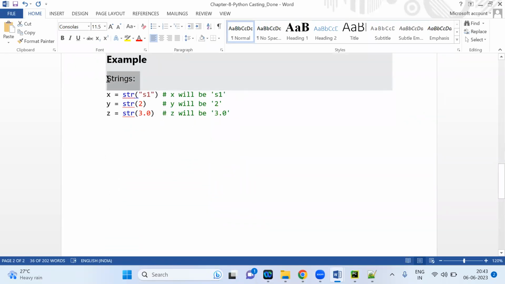Now, if you want to convert to a string, this is already in a string format, but they have just shown you how to convert a string into a string only. Okay, this integer value, if you want to convert it to a string, then you have to use str, open bracket, close bracket, and whatever value you want to convert into a string, it will be converted. Now you see here 2 is in a single quote. This 3 also will be in a single quote when you use the string function, string typecasting. Now if you run this one,